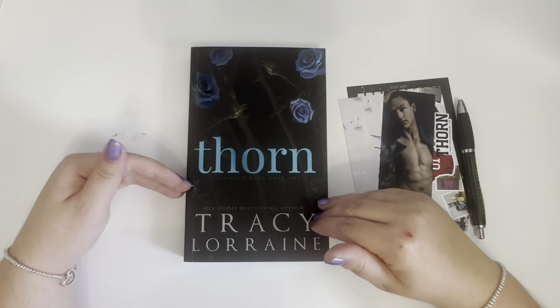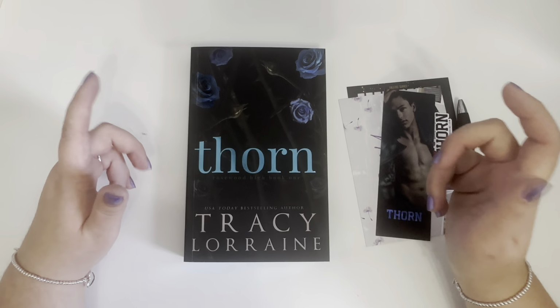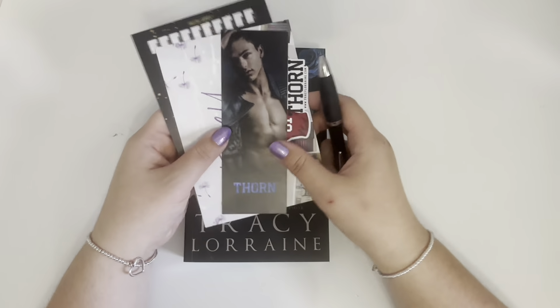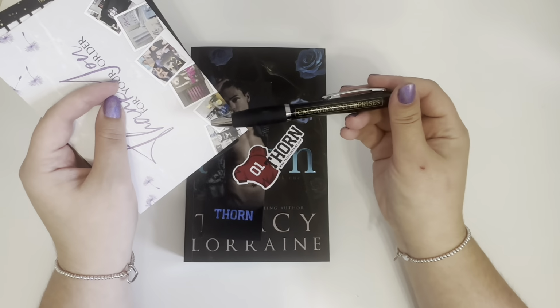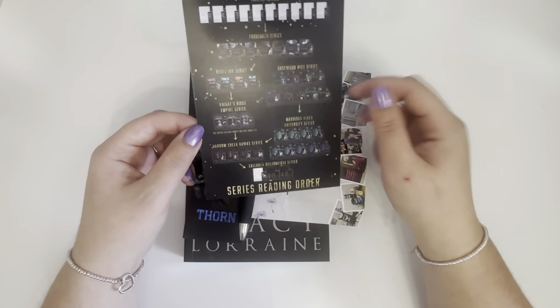And because I hadn't bought from TikTok before, it gave me a really good deal. I got this for less than £3. It came wrapped in some brown paper with some ribbon, and it had some extra little goodies tucked inside. So it came with a bookmark, a sticker, a pen. The pen says Callahan Enterprises, and I'm pretty sure that's from her Billionaire series. It came with a thank you with a little discount on the back, and then it came with this series